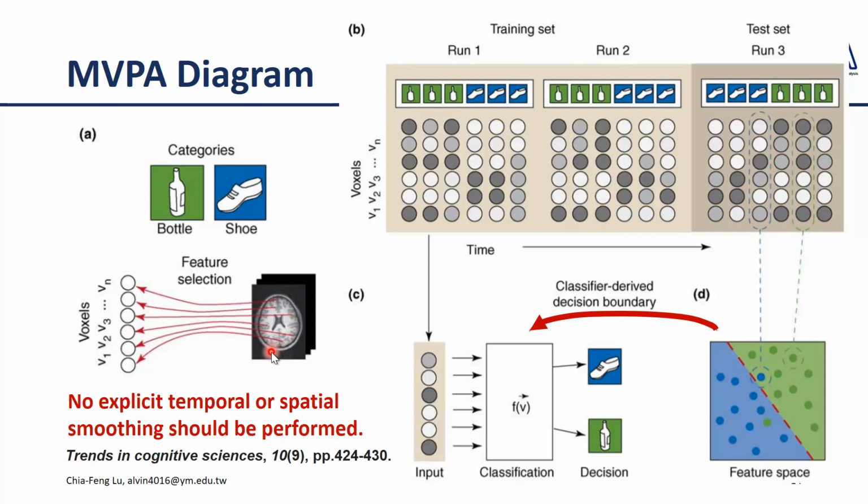However, you don't want to do this kind of random extraction. You need to base it on some kind of prior information. So this is just a demonstration right here. You don't need to constrain your brain region to a certain point. Okay. So in this case, we may extract the feature, or the voxel signal or voxel activation value, from